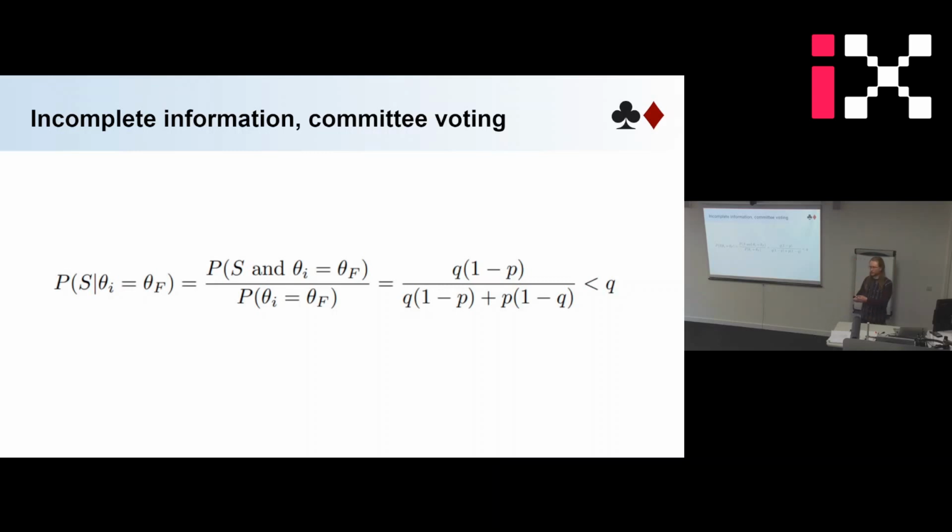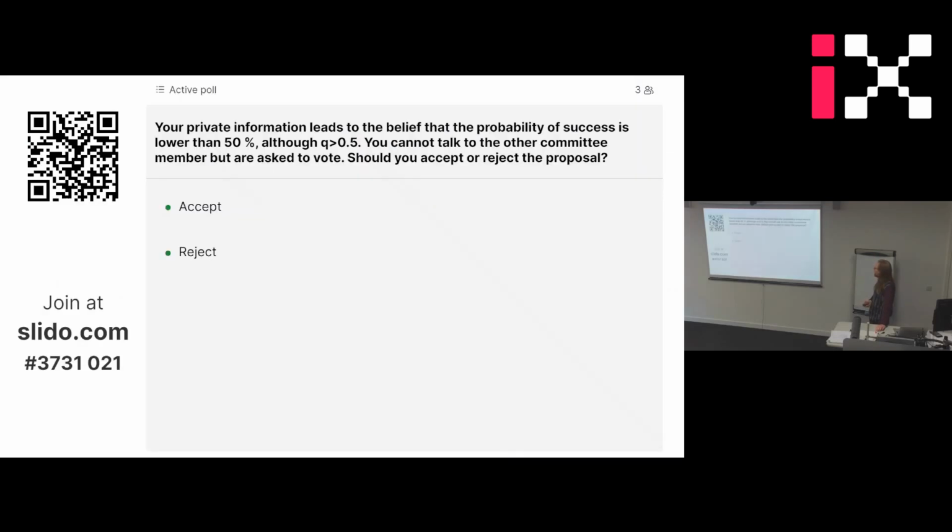So if you read it and the information you can both understand tells you that it will succeed, and it succeeds with Q, but you have this gut feeling, then the probability will fall a bit below, and you think, it's probably not going to succeed. And now comes the question. I explain the question first, and then I want you to vote. And this time with private information, so nobody talks to anybody, right? So the question is,